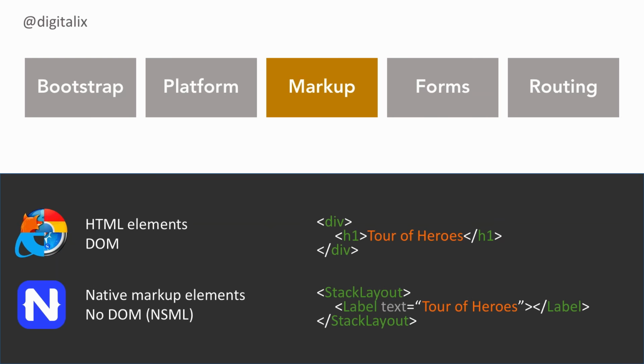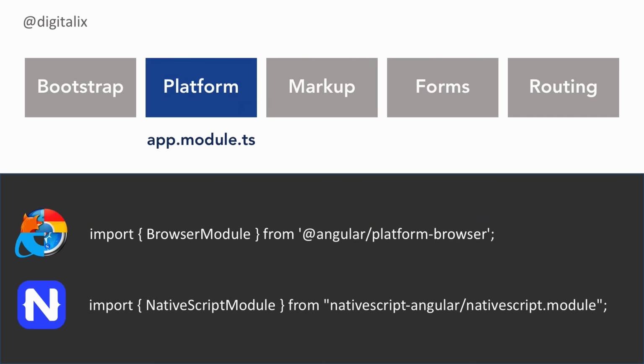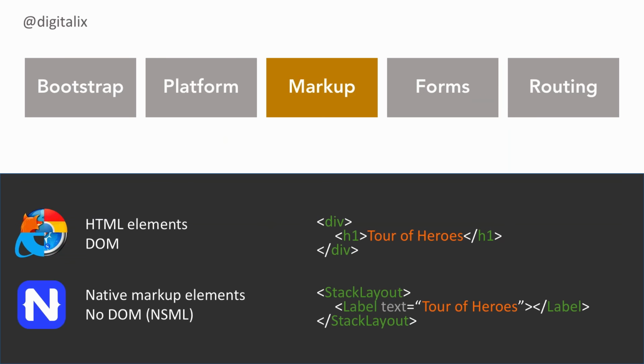So platform is another one of those. Here we're importing the browser module, and here we're importing the NativeScript module. This is the biggest difference, I'd say: markup. So we have HTML elements in the DOM in the browser. That's what it looks like. Everybody's familiar with that. NativeScript,